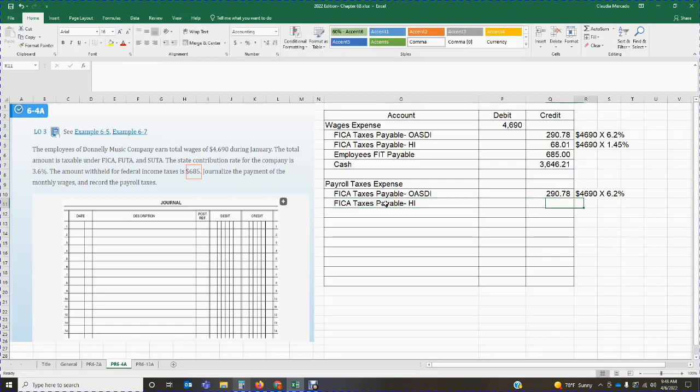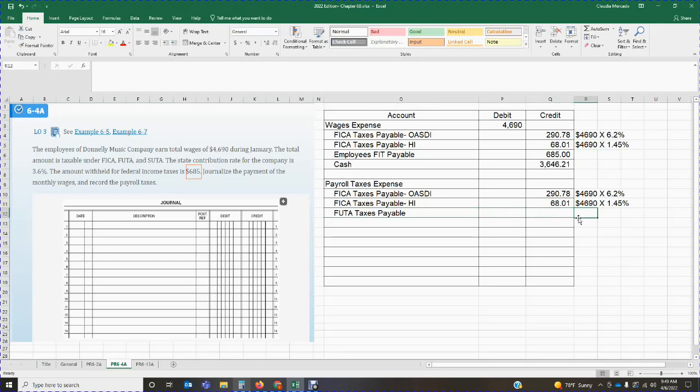HI. Okay, the same as the employee. Whatever the employee contributes is a 50-50 match. Okay, the employer puts in, and then the employees put in, and then the employer matches the amount. That would be 6801. Okay, on top of the OASDI and the HI tax, the employer also has to pay FUTA taxes, federal unemployment taxes. Okay,